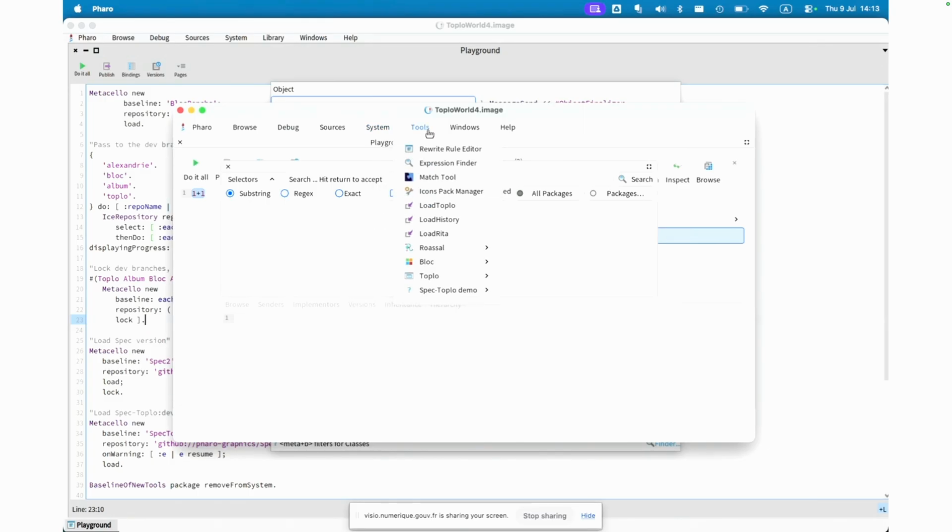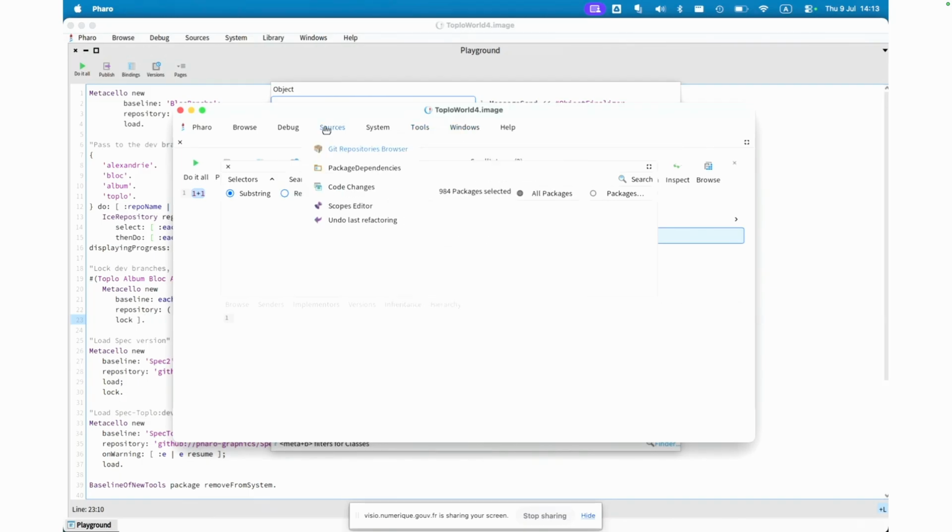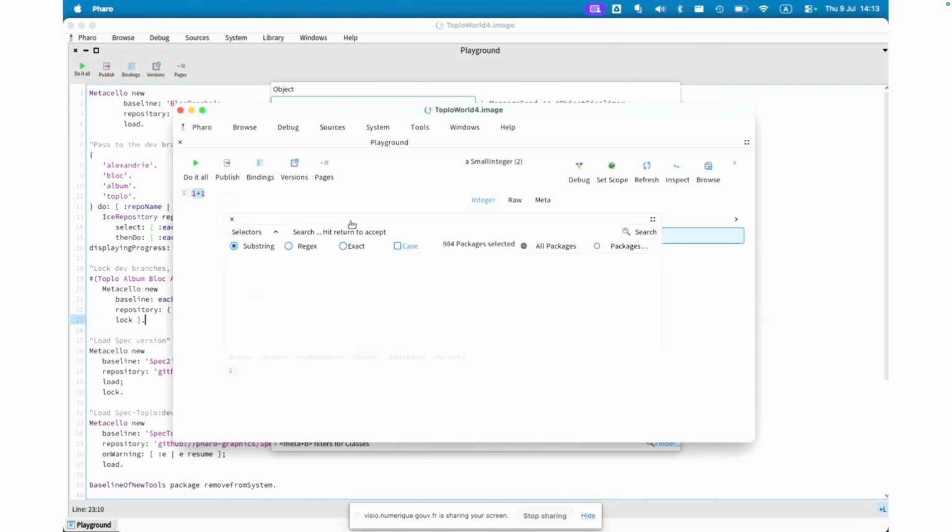I don't know if I have much more time, but the idea is that we can start using. And this is the main example for us, like eating our own food, because if we can make Faro run with the Toplo backend, if you have an application written in Spec, you can run it. We are pushing to have all the presenters that we have, because we are using them